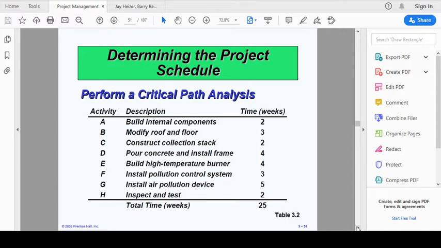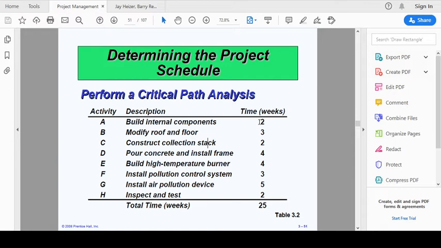So we want to perform a critical path analysis of all these activities, and over here you can see that the time of each activity is also included. It's not exactly completion time, it's the time it takes for the activity. So we actually call it activity time. This is the total time it takes for the activity to complete.